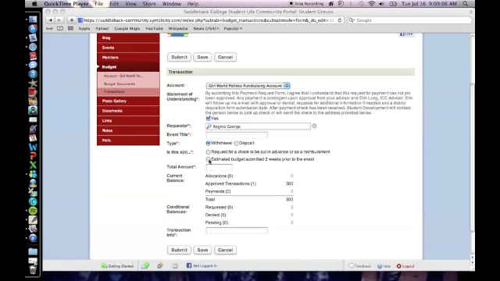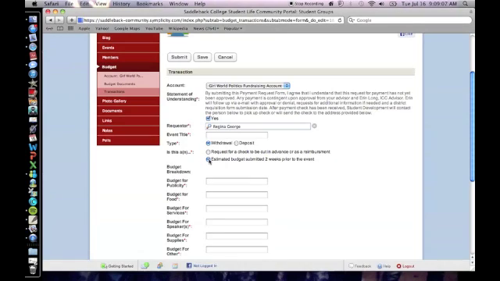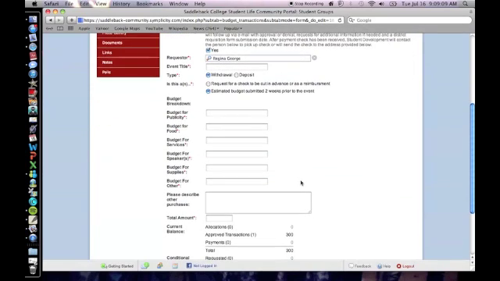The other choices, if I'm submitting my budget prior to my event and will be requesting checks afterwards, I need to choose Estimated Budget submitted 2 weeks prior to the event. And I know, just as it says, all budgets are due no later than 2 weeks prior to my event date. If this is an estimated budget, indicate how much money your club has budgeted for each of the items